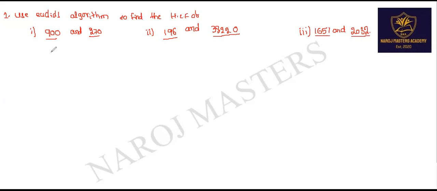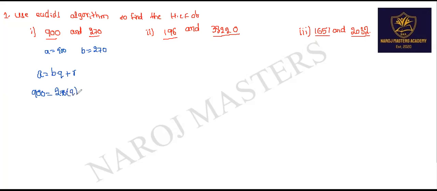Euclid's algorithm formula. First, find out what is the value of A and B. So greater value is always A. So A is equal to 900 and B is equal to 270. The formula of Euclid's algorithm is A is equal to B into Q plus R. Now substitute the values of A and B. The value of A is 900, so 900 is equal to B, which is 270,